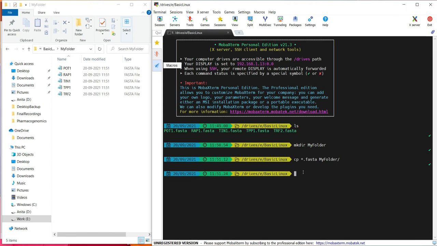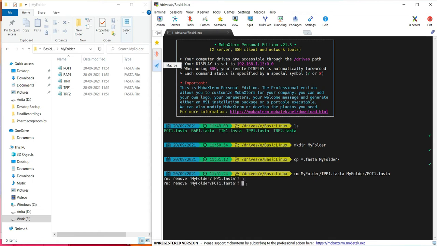Now if I want to delete some files from my folder, then I just type rm. Say I want to delete from my folder tpp1 and pot1. Now if I press enter, this will ask me whether I want to remove it or not. If you don't want the command prompt to ask, then you have to use the option -f. So for now I will tell it don't remove.